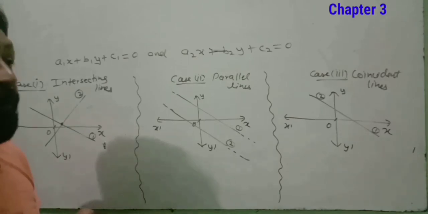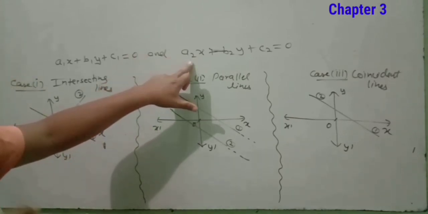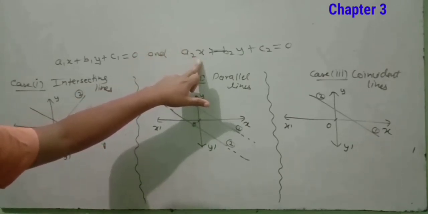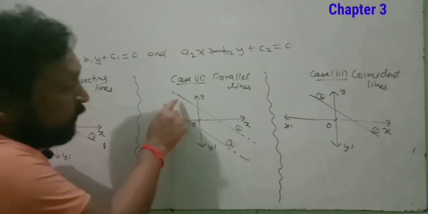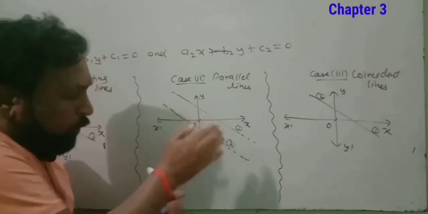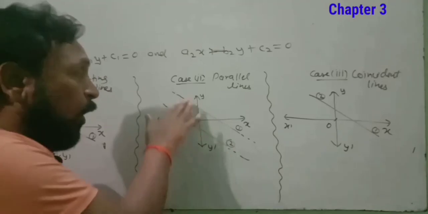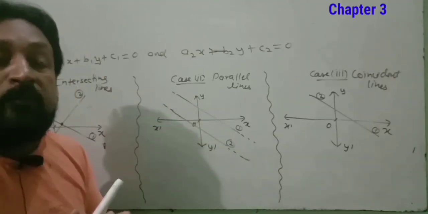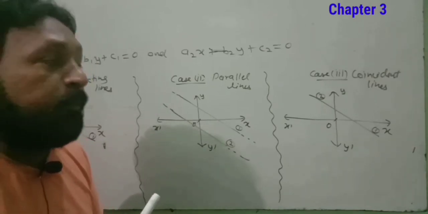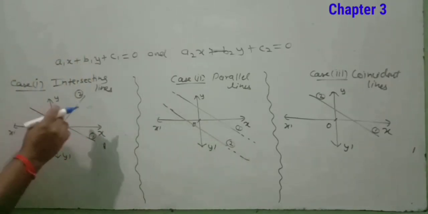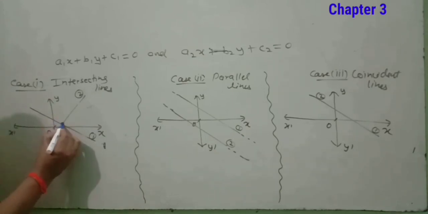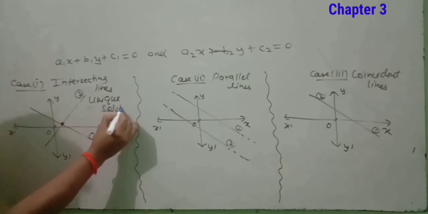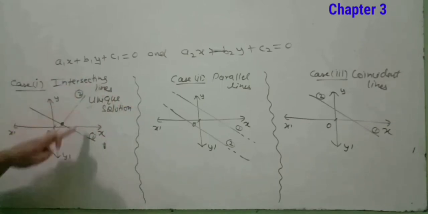We know the solutions. Solution means in this case the common points of both lines will be taken as their solution. And we all know that suppose this line is there and it has something common with another line, then all those points will be taken as the solution. And we all know that a line is formed of an infinite number of points. Let's see one by one here. In the case of intersecting lines, only one solution is there. It means we can say it has a unique solution, meaning only one point common between them.